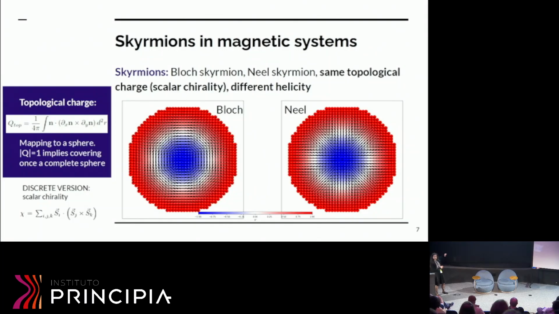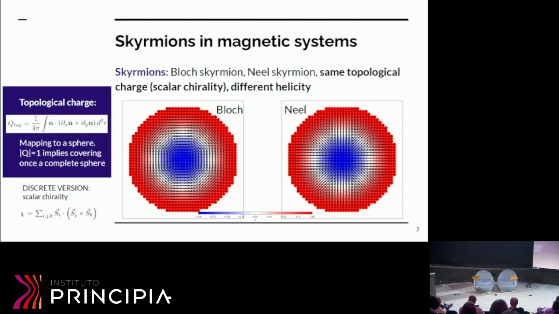Red would be outside of the screen, blue is inside the screen, and the arrows are the components of the spin in the screen, right, in the plane. So you can see that here the arrows wrap around the circle, and here they go perpendicular. So basically this is a Bloch Skyrmion, this is a Néel Skyrmion, and they both have